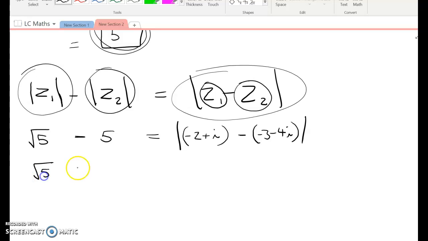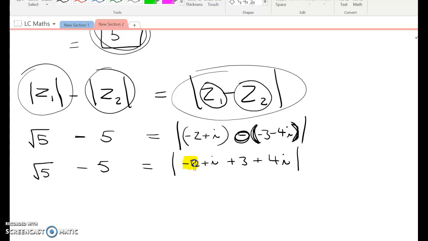Let's see if the square root of 5 minus 5 is equal to this. Right, take out the brackets. We're going to have minus 2 plus i. Now we're taking out these brackets here, but because there's a minus in front of them, it means it's going to change the signs inside those brackets. Let's tidy it up. We've got a real number here, and we have a real number here, and we have an imaginary and an imaginary here. A bit of tidying to do. We're checking to see is the square root of 5 minus 5 the same as the modulus of minus 2 plus 3 is 1